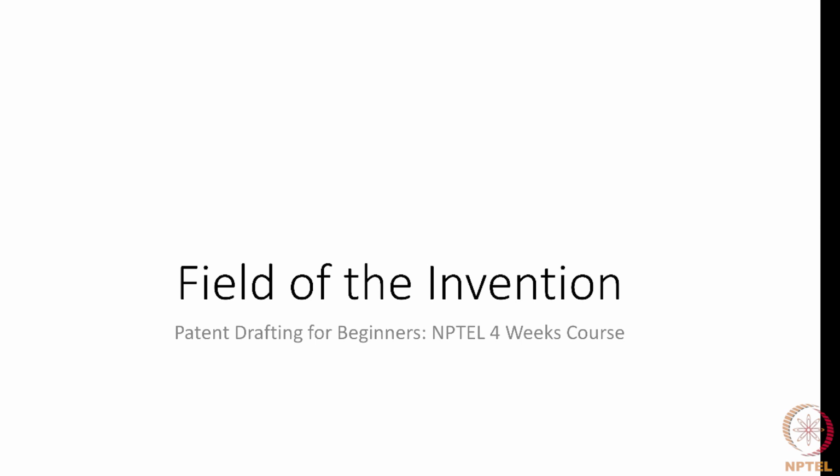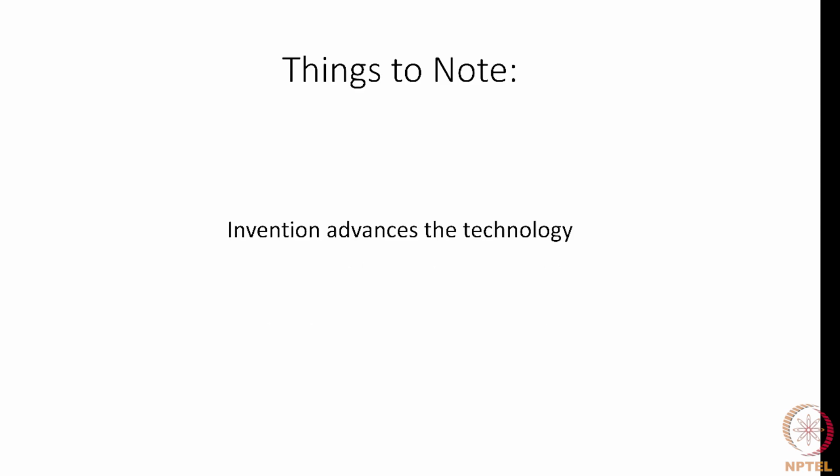And it is important for the Patent Office because the Patent Office classifies every invention based on the field. Now, an invention advances the technology. So it's essential for an invention to advance the technology, and for that, we have to look at the invention in a field of technology. So the field of technology is what is also referred to as the background of the invention. The background part refers to the field as well as to the technology.